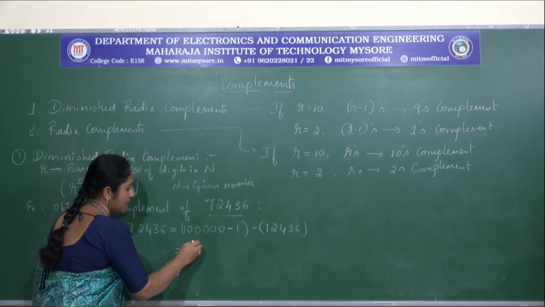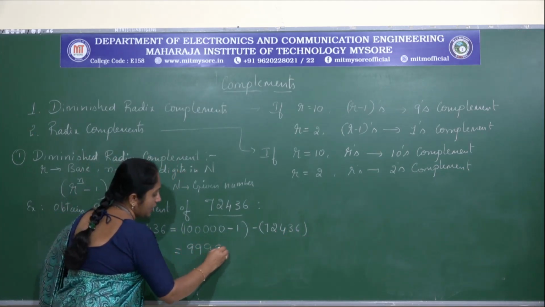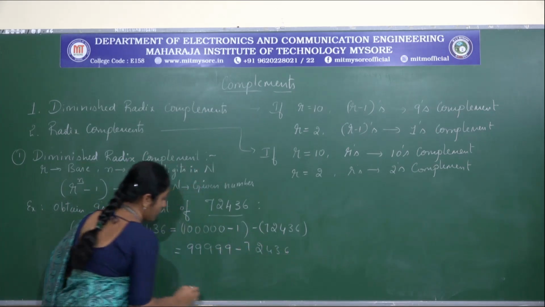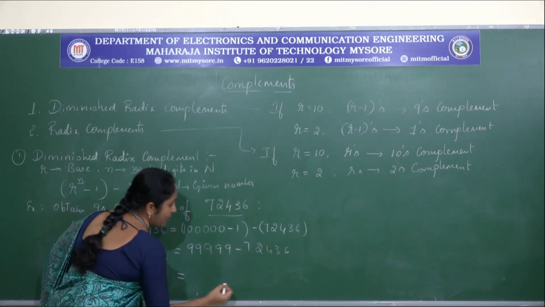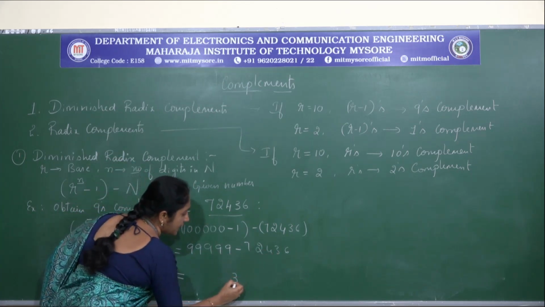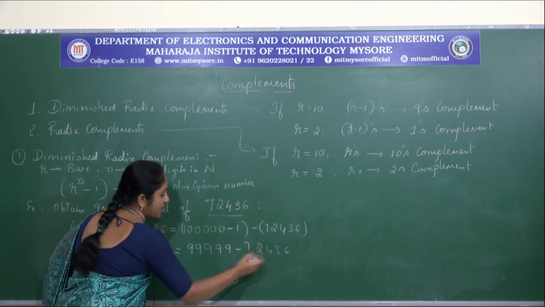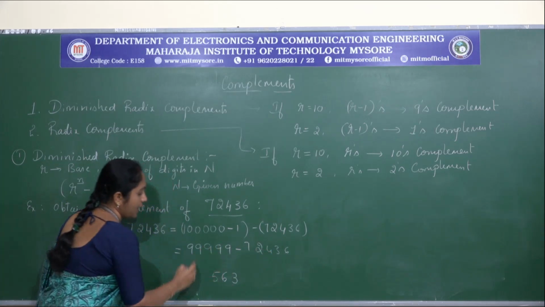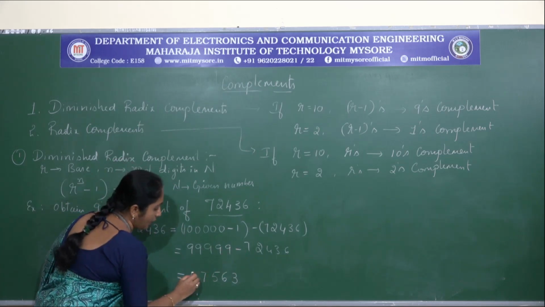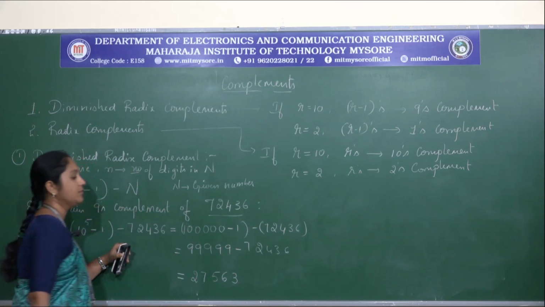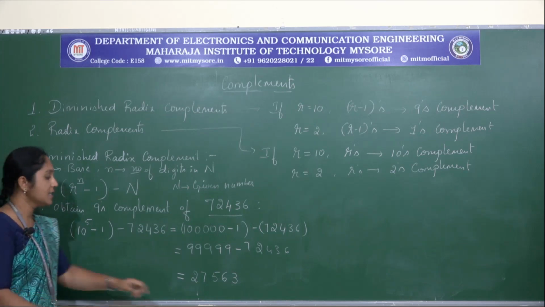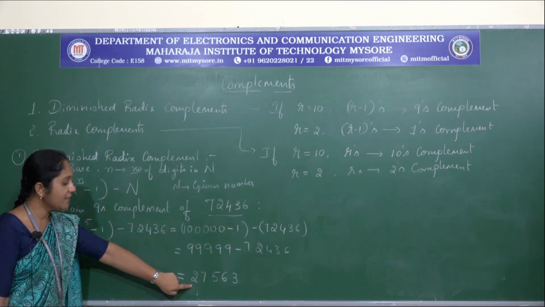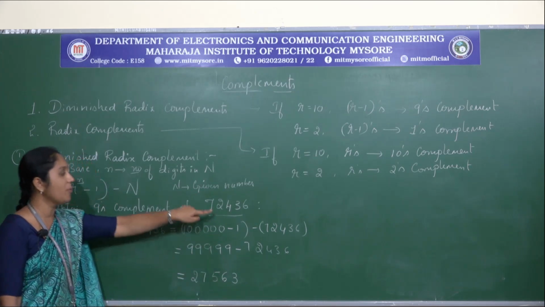Okay. Yes, this is 99,999 minus 72,436. So, if you subtract, what are we going to get? 9 minus 6 is 3, again 9 minus 3 is 6, next 9 minus 4 is 5, next 9 minus 2 is 7, 9 minus 7 is 2. See, this is the 9's complement of the given number. So, 27,563 is